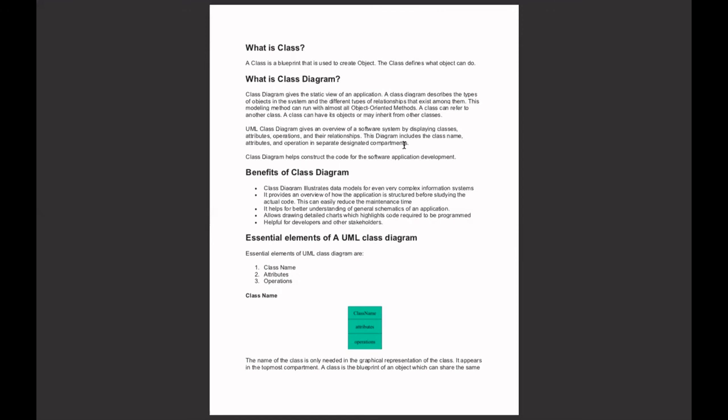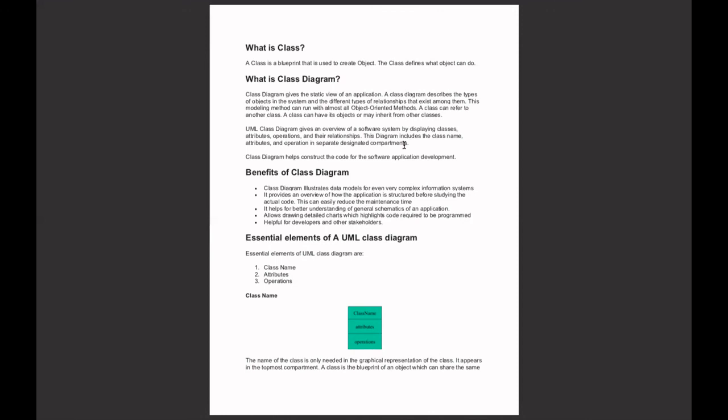Class diagrams also show the properties and operations of a class and the constraints that apply to the way objects are connected. The UML uses the term feature as a general term that covers properties and operations of a class. A class diagram is a static diagram. It represents the static view of an application.